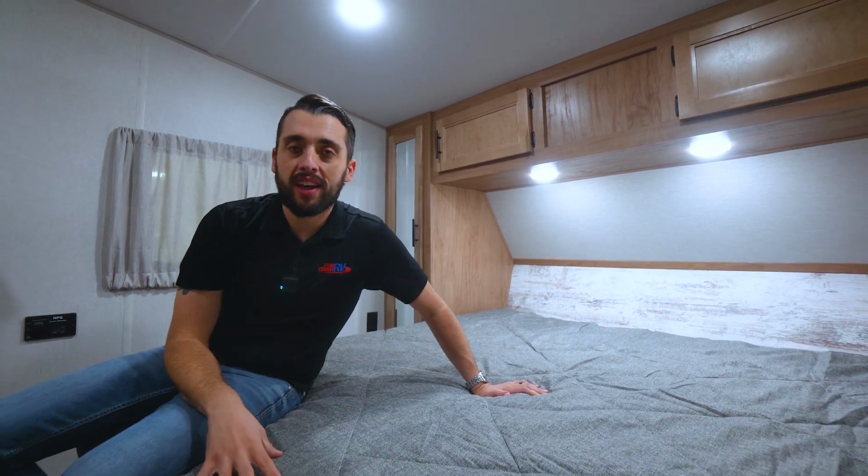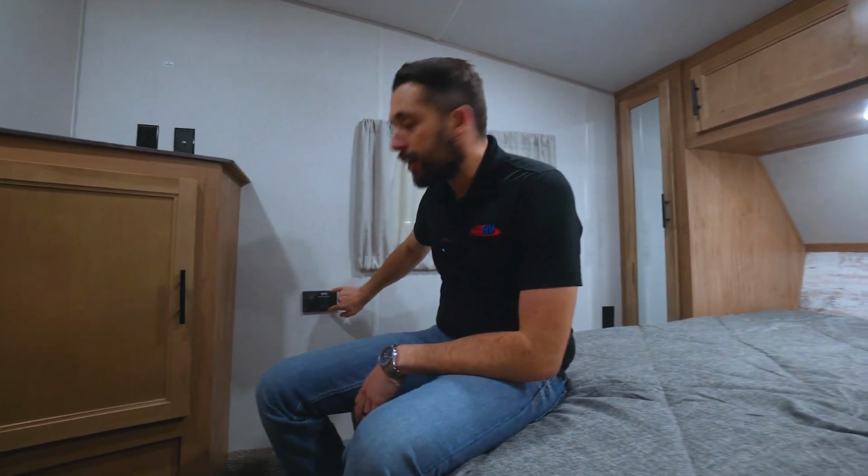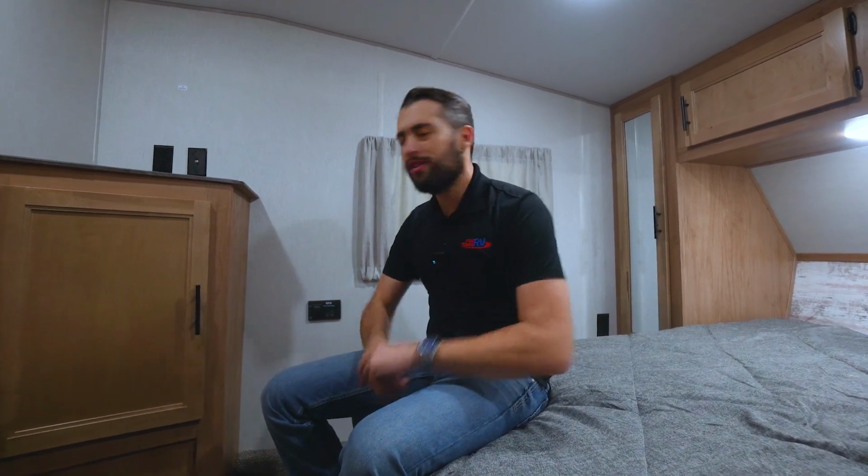But there's one more thing I want to show you. Take a look over here. Right here is actually going to be a start button inside the camper for your outside generator. So that is humongous, right? It's crazy breathtaking. You're able to start that generator from inside. You don't have to go out, so if it's freezing cold or it's deathly hot, no worries. You're able to do so in here. Get everything cranked up and running so you can start enjoying that AC if for some reason you don't have